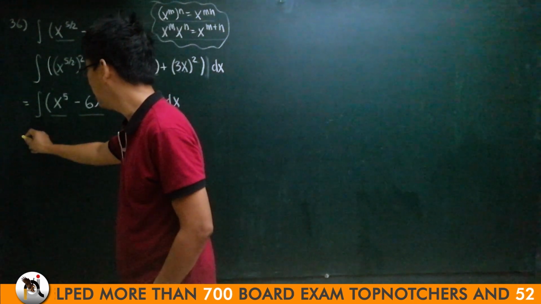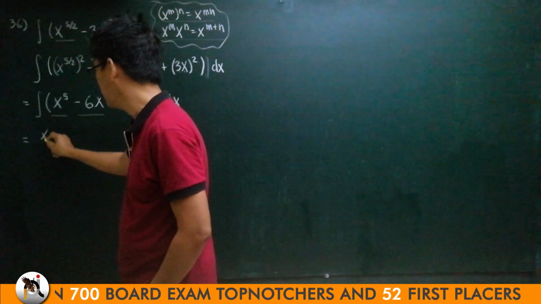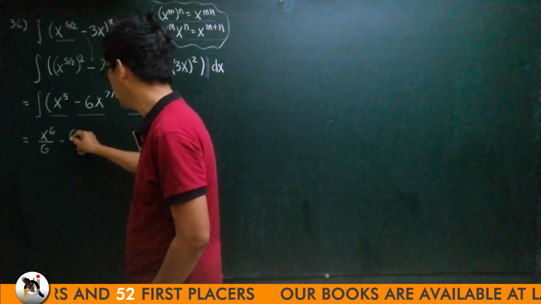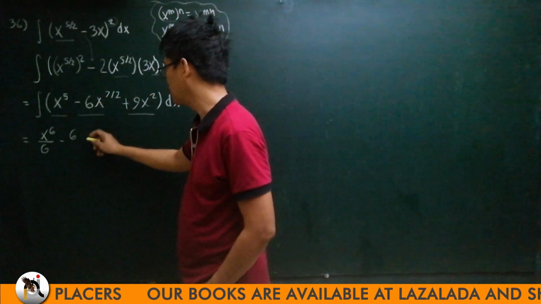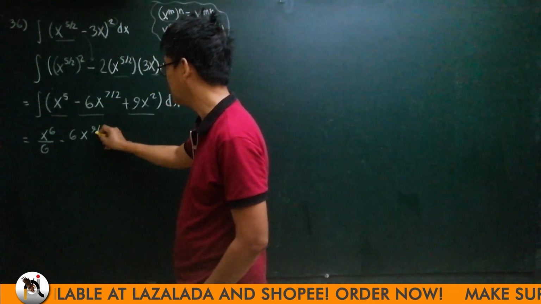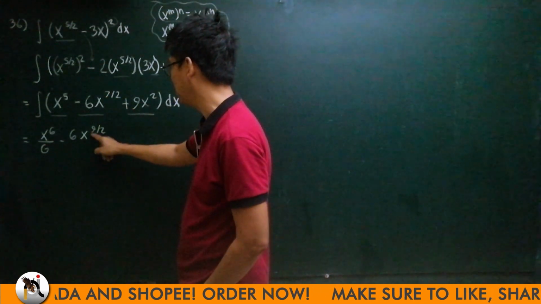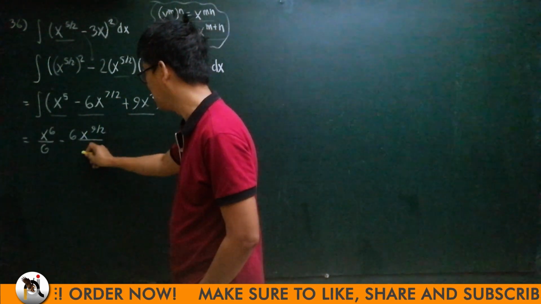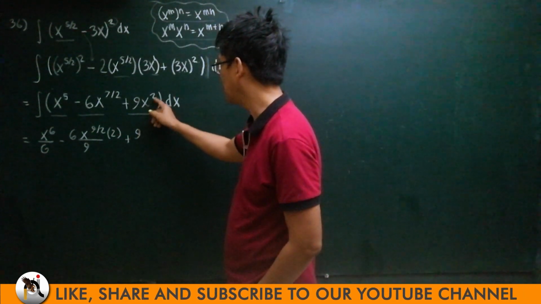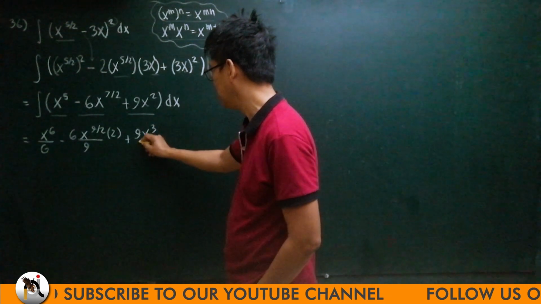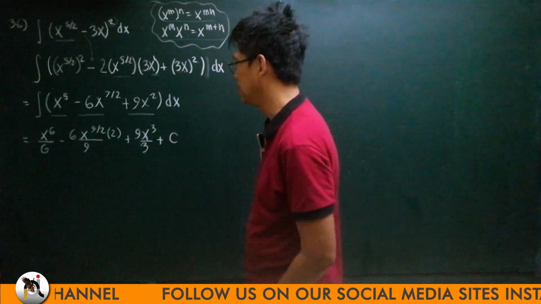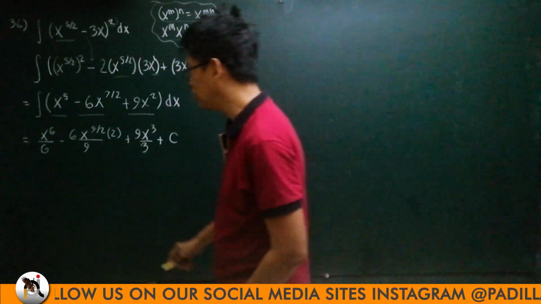So the integral of x to the 5th is x to the 6 over 6, minus 6. The integral of x to the 7 halves is x to the 7 halves plus 1, that is 9 halves, or 7 plus 2, 9 over 2, over 9 halves. Plus 9 times the integral of x squared, which is x to the 3 over 3. Okay? Plus c. So this is going to be equal to